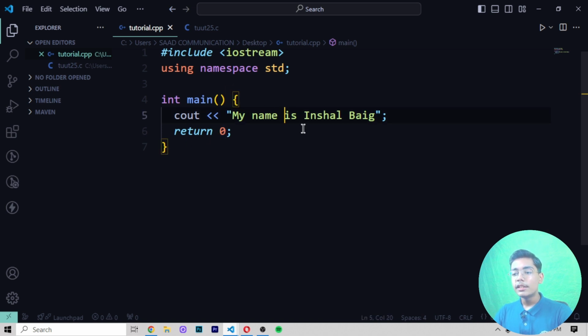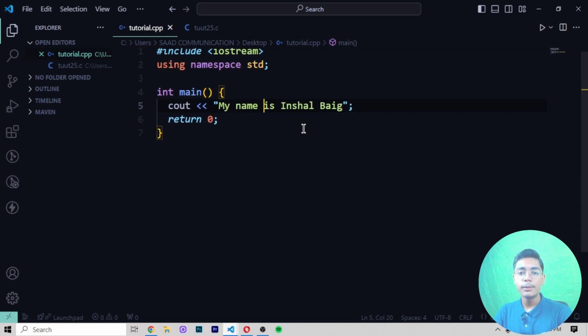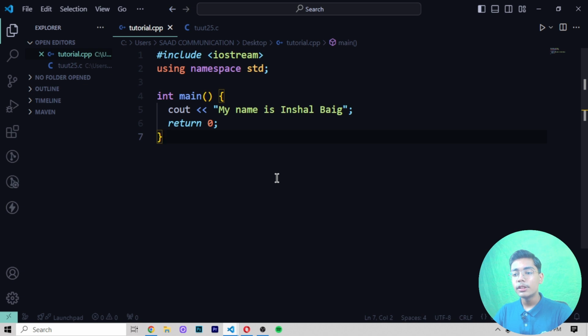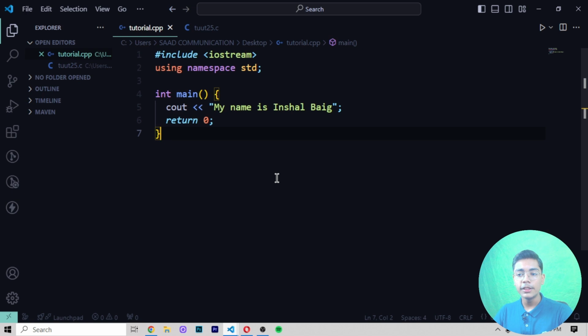Now you can see these are the starting codes of C++, and I hope you understand how to install C++, how to download C++, what the important things in IOStream are, how to use the IOStream function, what conio.h is, and what the starting codes of C++ are from the start. In this video I've just given you a short tutorial of C++ in which we have covered things from basic to advanced, but in a short way, and I hope you understand that.